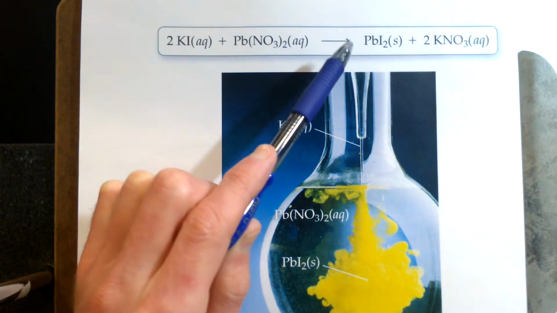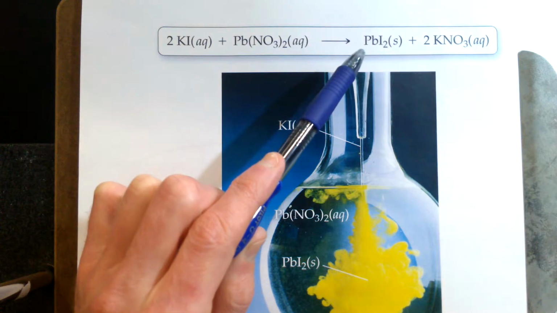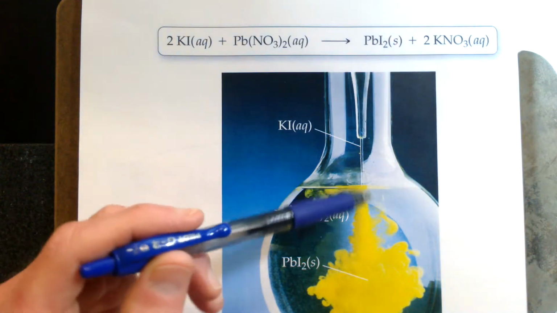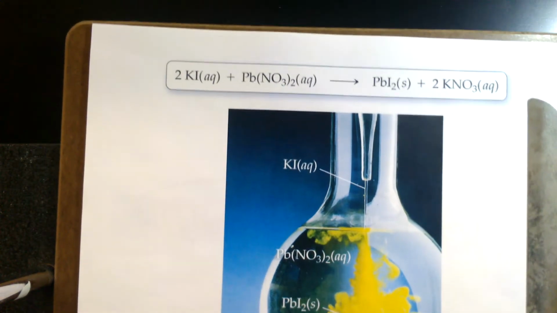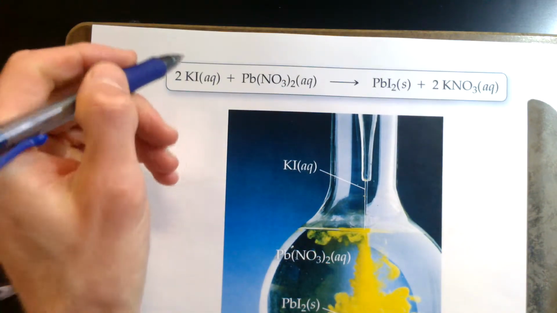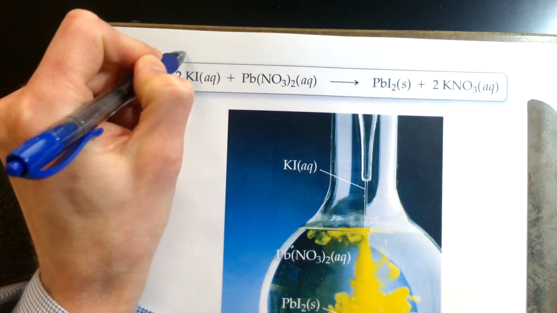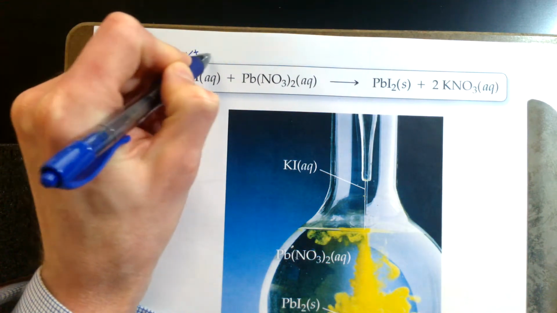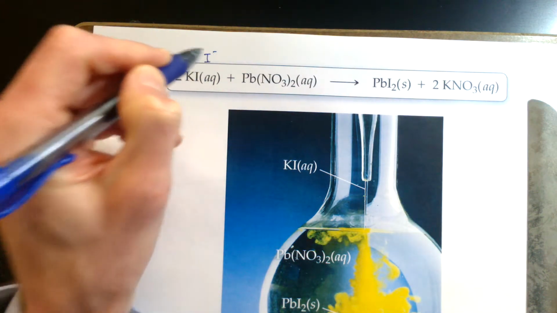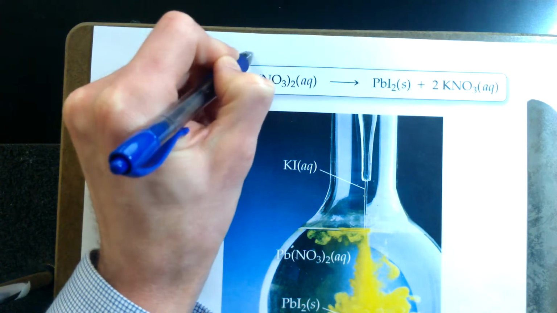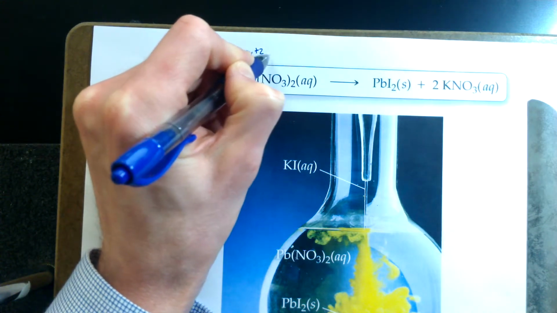Okay, that's what a precipitate is, an insoluble solid. And you can see it happening here. It's this beautiful, bright yellow compound called lead 2 iodide that is forming here. Okay. In a precipitation reaction, what is happening is the ions are coming into the solution. So we've got the potassium in the iodide solution, and we've got the lead with the +2 ion and